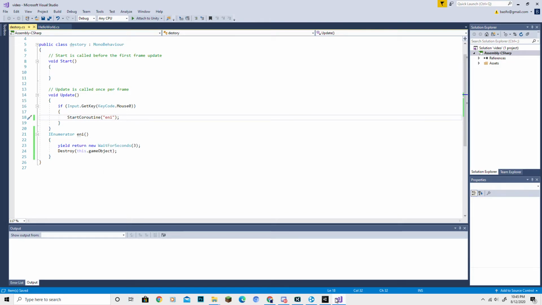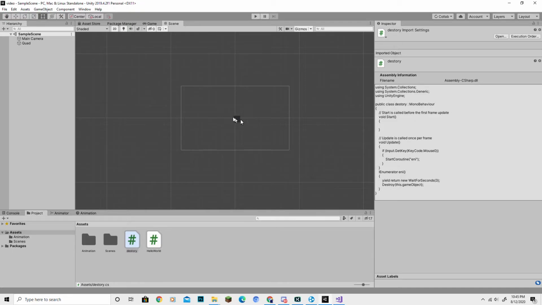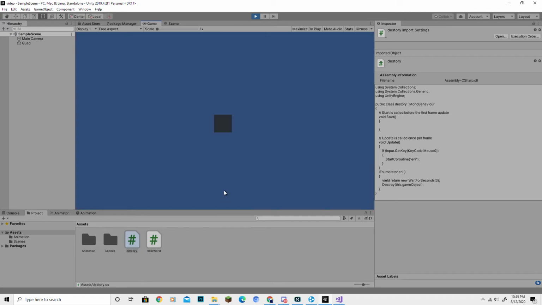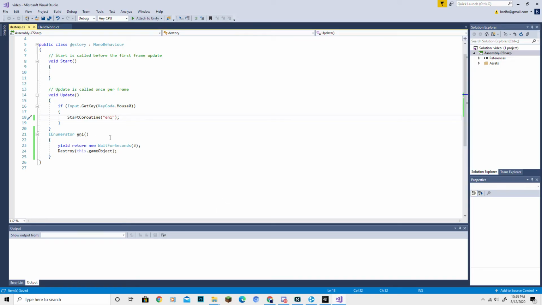So if I save this and I go to my Unity and I play, this should work. I'm moving around. But then when I click and wait for a bit, it got destroyed. So that's how you do it. You can add whatever you want behind this or in front of this. If I add this behind, it's going to do it before it waits for a few seconds, so that will be kind of useless. But what I can do is